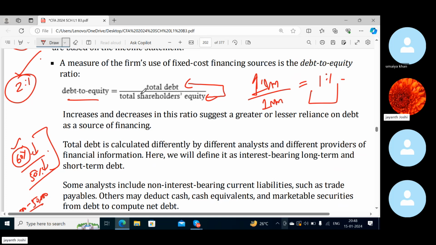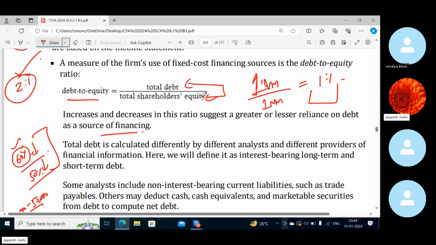Debt to a certain limit is very good, but debt beyond a certain limit makes things very complicated and worse in the business and makes the business a risky investment for investors as well. So investors would always want to invest in a company which maintains a balance of proper debt to equity. Okay. So increase and decrease in this ratio suggests a greater or lesser reliance on debt as a source of